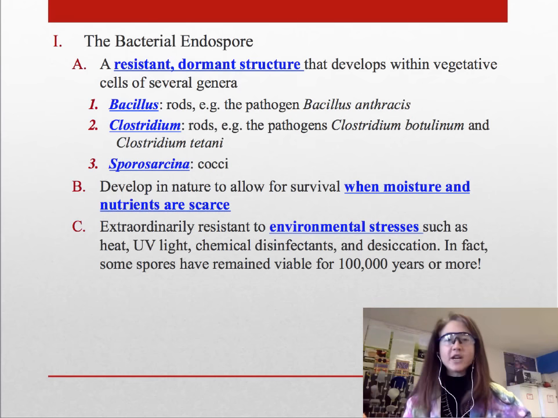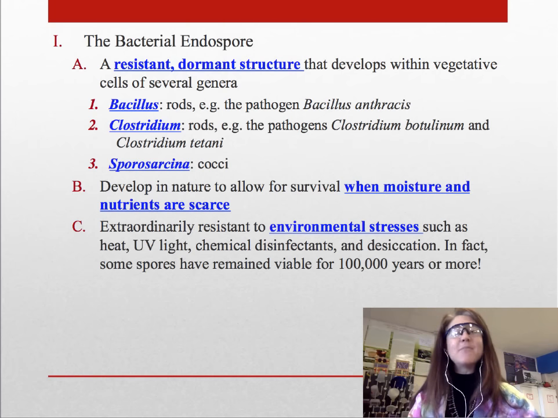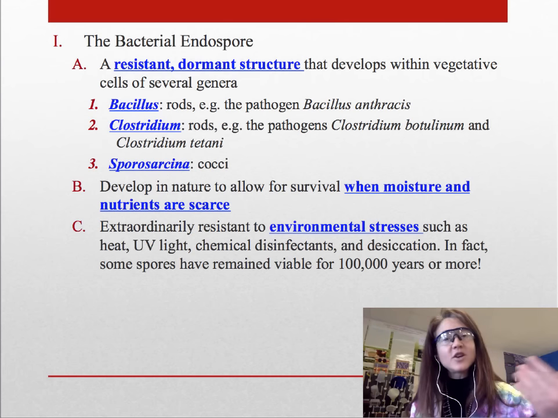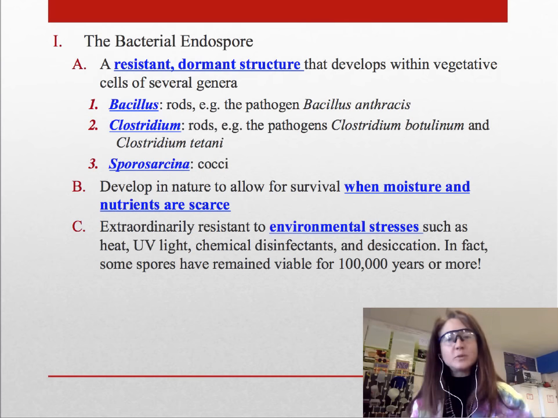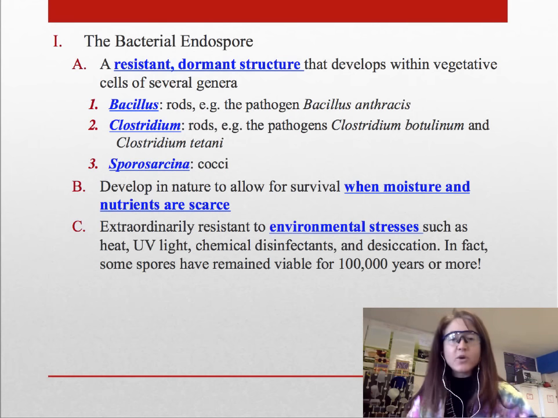So Bacillus and Clostridium are both incredibly infamous. Bacillus anthracis is responsible for the disease anthrax. We talked briefly about it in lecture. Remember the post 9/11 bioterrorist scares in which highly purified endospores were being sent around in the mail, and these endospores formed a white powder. When people received a package with the endospores and they opened it, if they inhaled those endospores, that caused activation and germination of the bacterial endospore. This caused something called